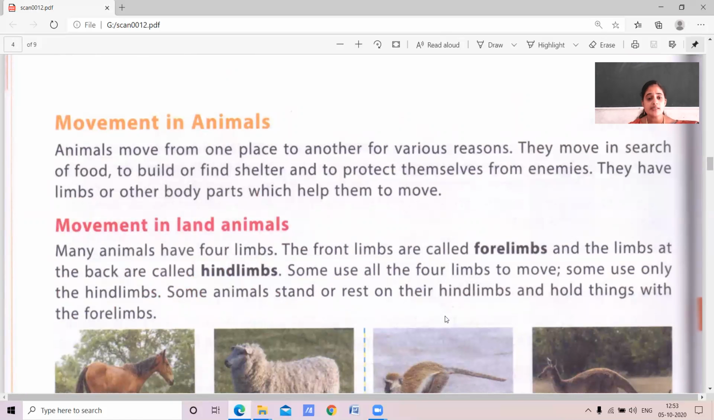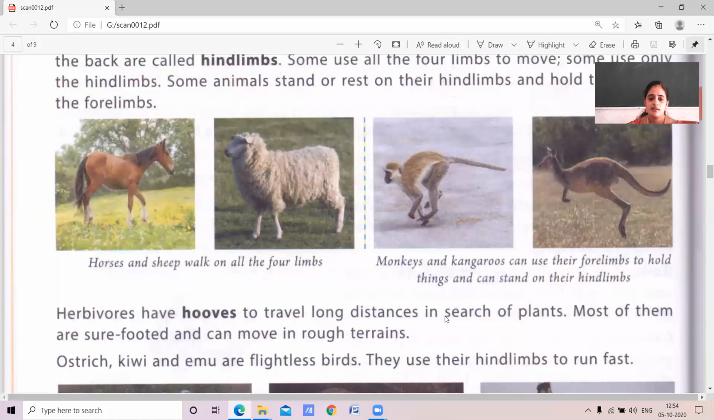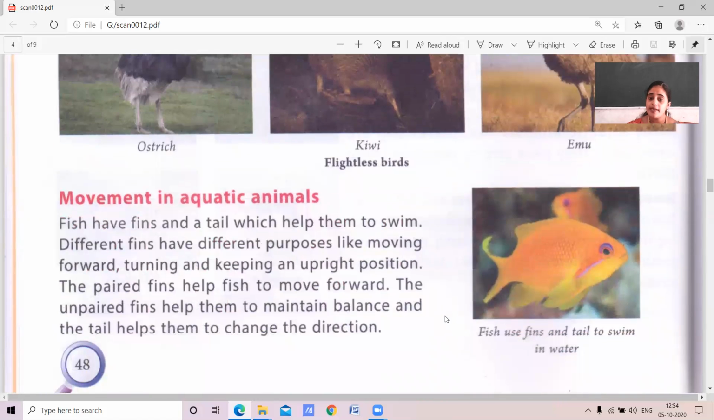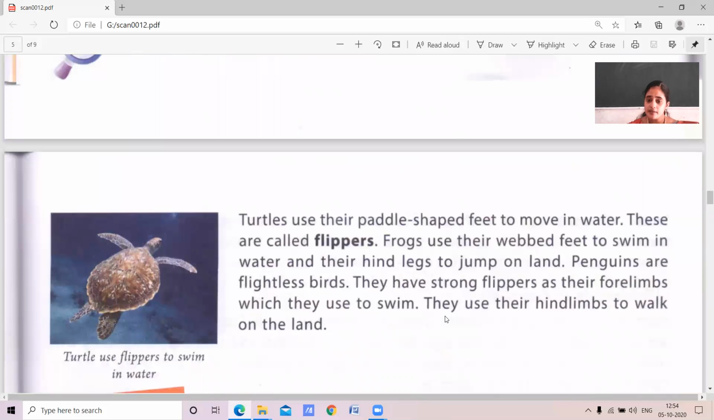The topic we discussed today is movement in animals. Animals move from one place to another place in search of food, shelter and for so many reasons. Movement in land animals takes place with the help of forelimbs and hind limbs. Movement in aquatic animals takes place with the help of fins and the tail. They move front and back. Turtles use paddle-shaped feet, which we call flippers, to move in